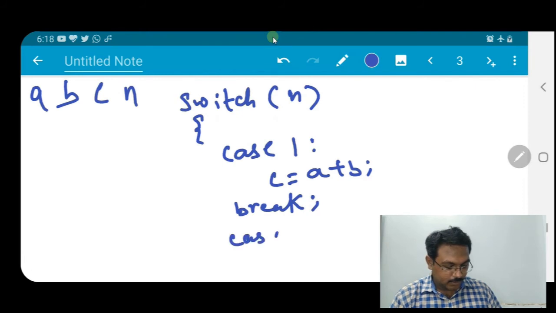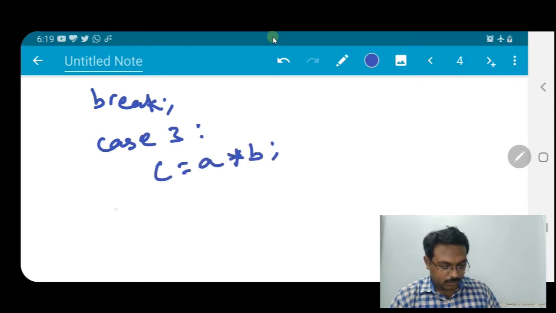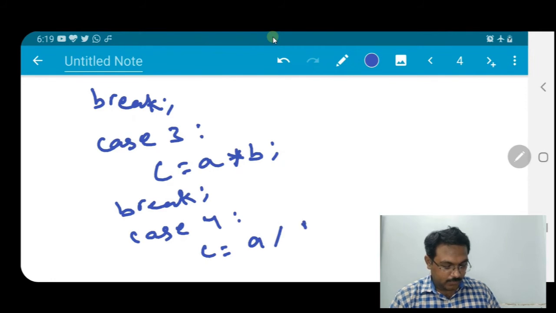Case 2 colon C is equal to A minus B semicolon, break. Then case 3 colon C is equal to A multiplied by B semicolon, break. Then case 4 colon C is equal to A divided by B semicolon, break.